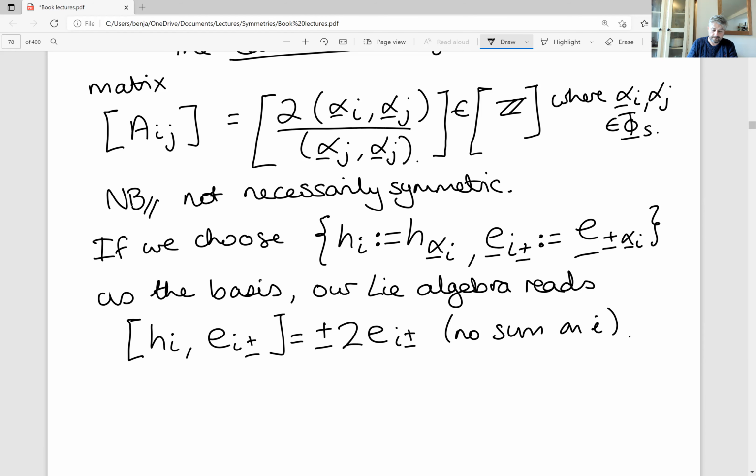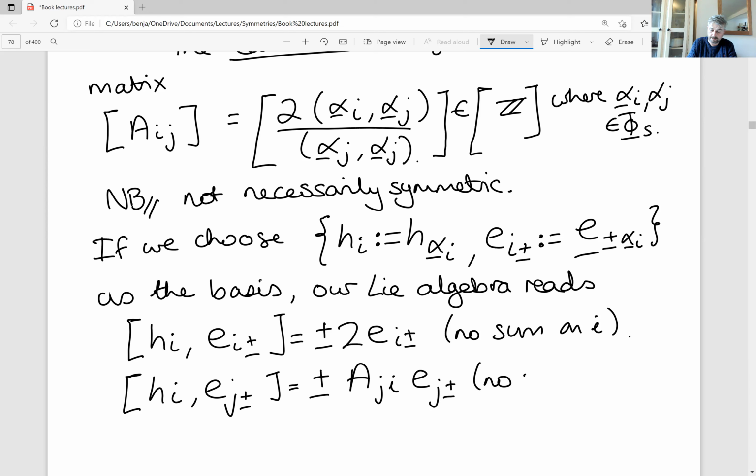In other words, the i's are the same index; that's all that means throughout the equation. We have that h_i and e_j plus or minus is plus or minus A_ji e_j plus or minus,